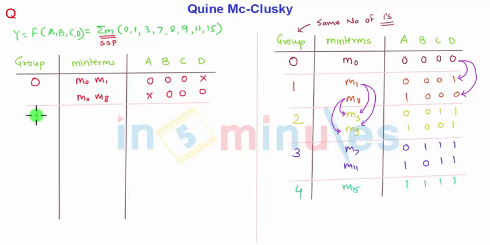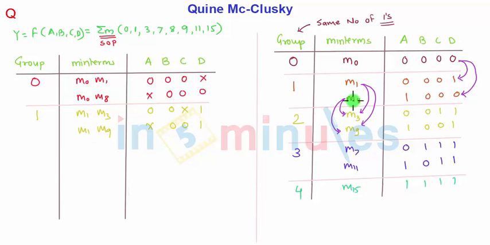Going to the second group, that is group number 1. In this one, I will compare 1 with each member of 2. I will take M1 first, M1 compared with M3. What I have here is the C bit is different and the rest of the bits are the same. So the number will be 0 0, C is don't care and D is 1. M1 compared with M3 is done. M1 compared with M9, so I will write down M1, M9. What I have here is don't care 0 0 1.